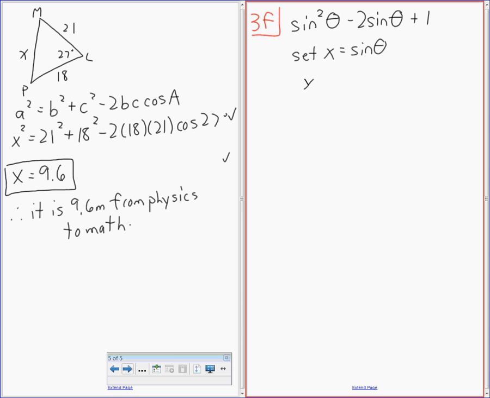Okay, so it's gonna be x squared minus 2x plus 1. So it's gonna multiply to 1 and add to -2. -1, which is,